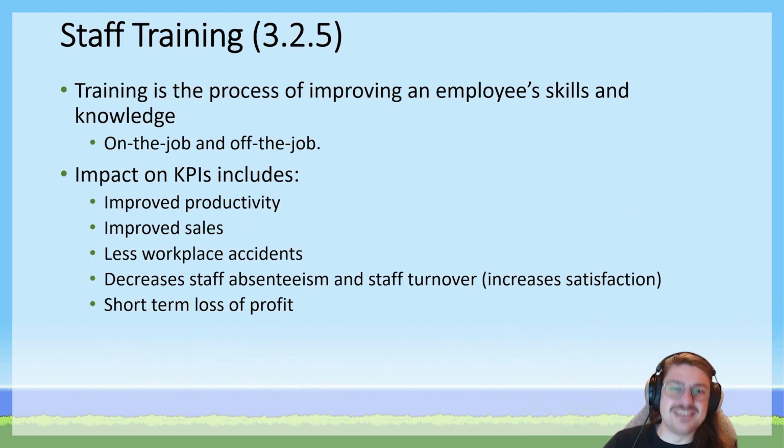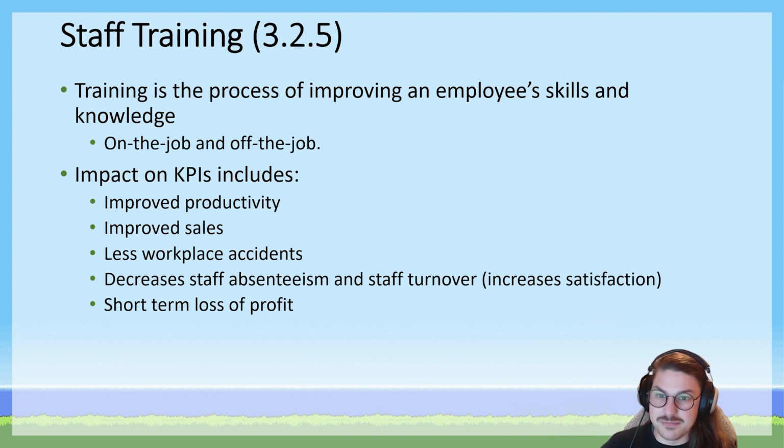Well, the first listed strategy in the study design in this key knowledge point is staff training. And once again, you can find that in key knowledge point 325. As far as staff training is concerned, we learned about on-the-job and off-the-job training and the advantages and disadvantages of both of those strategies. And we need to understand that implementing training is going to likely, if it's training your